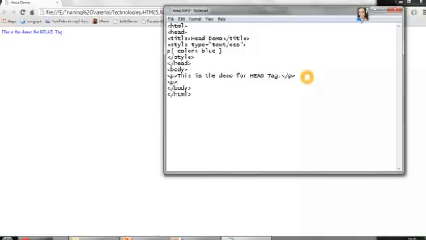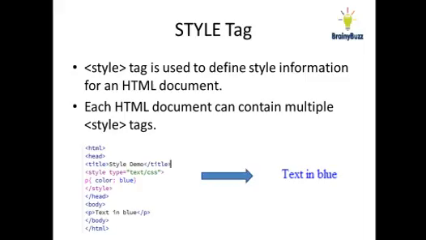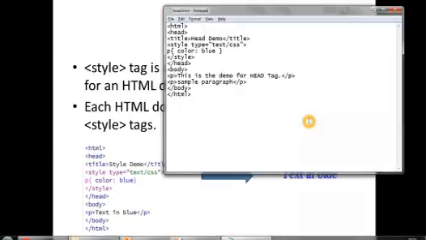It doesn't matter how many paragraphs you write, all of the paragraphs will turn blue. After that you can put styles like this. You can use the color attribute or the bgcolor attribute, whatever attributes you want, you can put there.